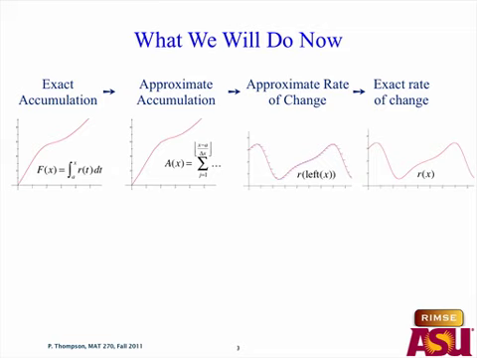So what do we have? We have an approximate accumulation function, a piecewise linear function, and from that we want to get constant rates of change. How do constant rates of change come from this? Is it delta x, is it delta y, or is it delta y over delta x? What do you think? She wants delta y over delta x. Agree? Yeah, because remember,